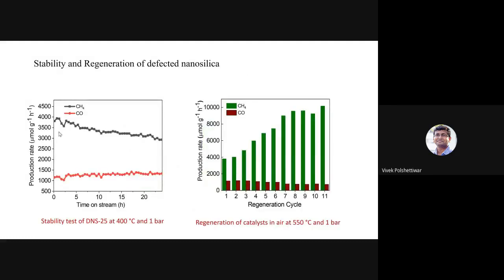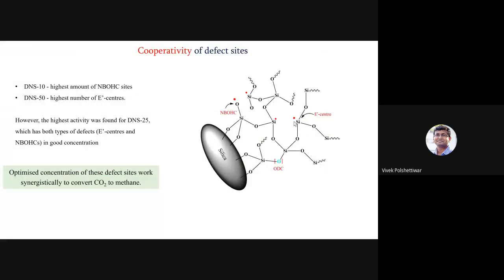Another thing is about the stability. With time, the stability goes down, not as badly as nickel, but we still thought there could be carbon formation. So we heated them in air, and what do you see? At every cycle, the activity keeps increasing up to the 7th or 8th cycle, and then it saturates. So this is another question that we have to answer: why the activity goes up. To answer two questions, one is why